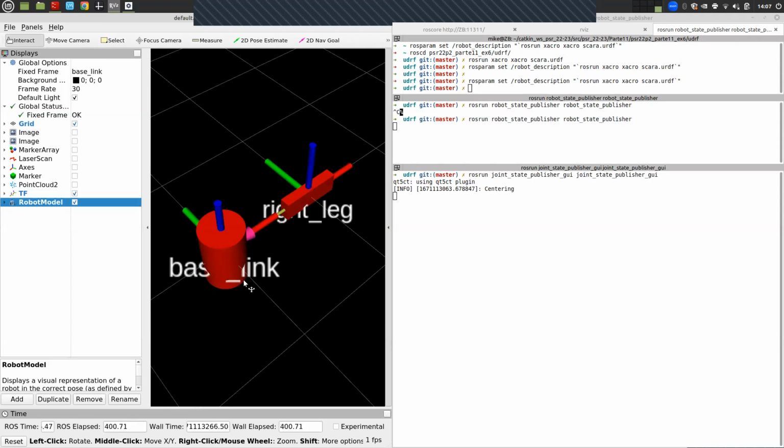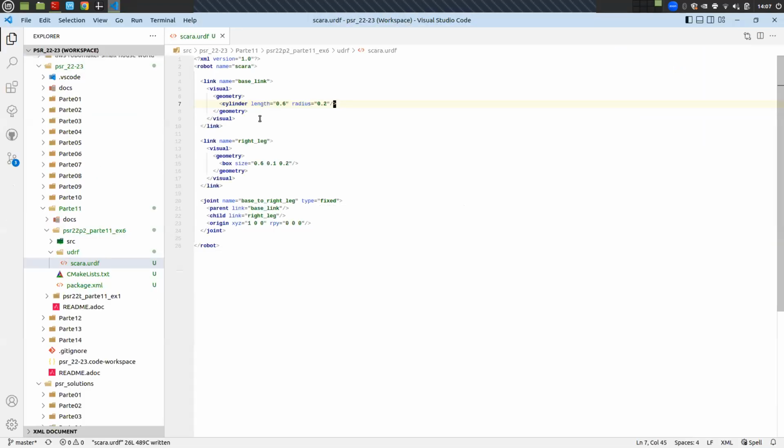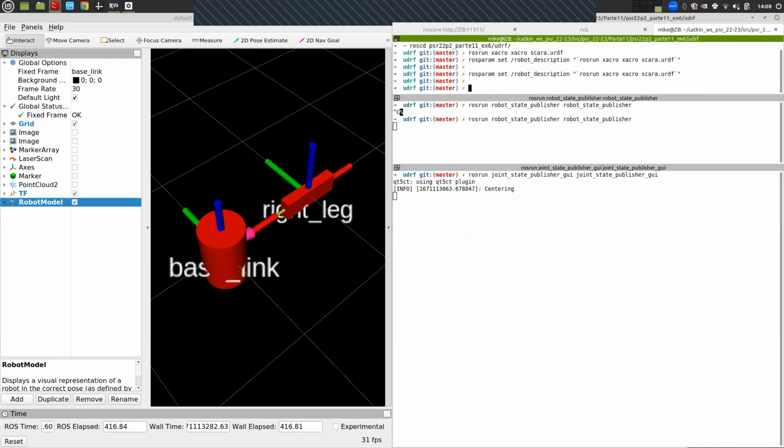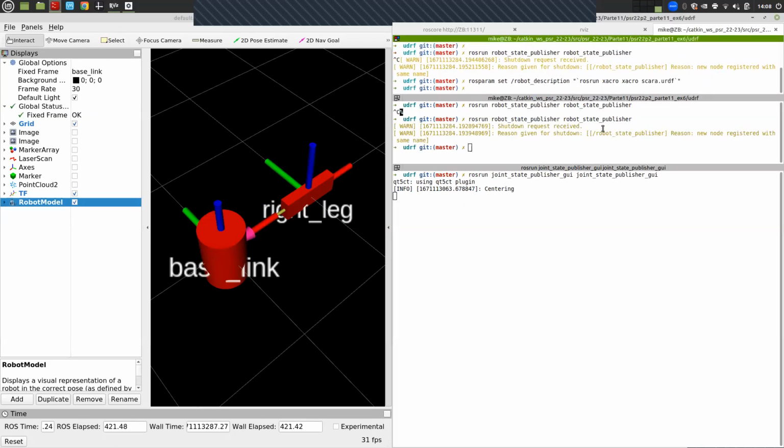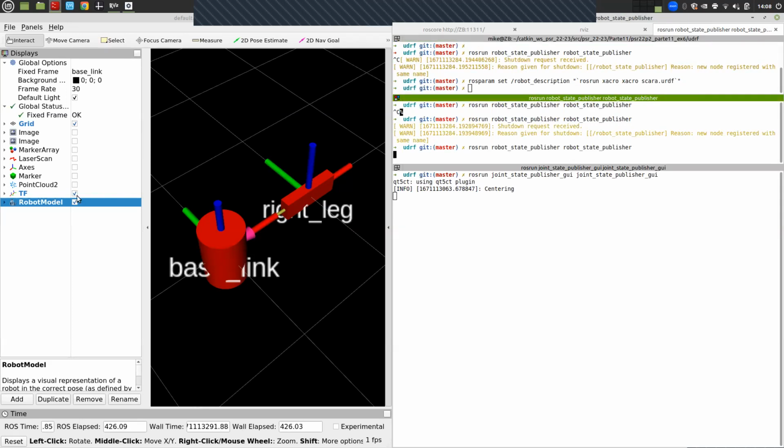For example, suppose that we want to make the box wider or longer. We can go into the box parameters, and this is the length in X, Y, and Z. Let's say that it's double the length in X. Now we need to shut it down, back up, oops, sorry. We need to load the parameter once again, load the robot state publisher once again, and now we need to take this away and put it here so that it updates. Okay, and it's working. Now we have a longer